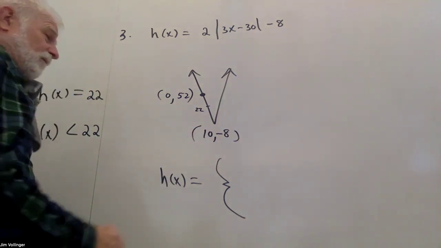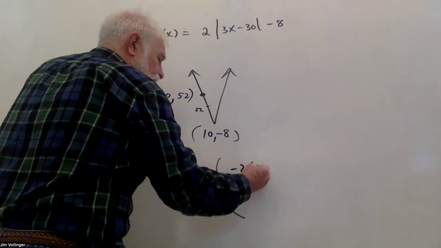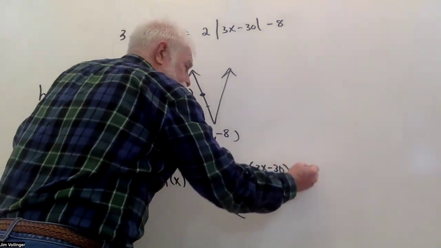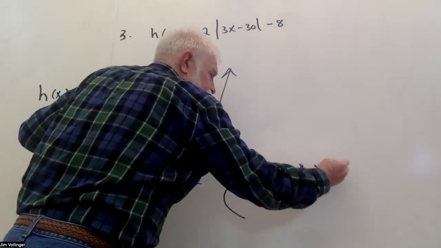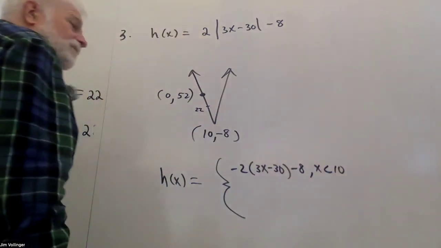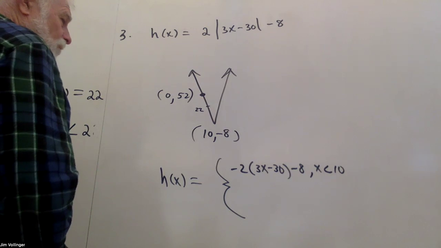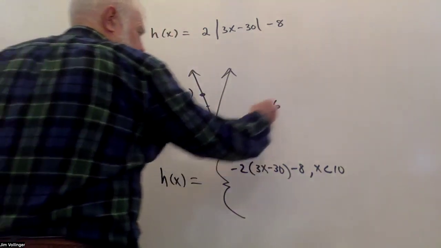Okay, so what am I decreasing? I'm decreasing at 2 times parentheses 3x minus 30, minus 8, for x less than 10. All right, so that's that function. And we can clean it up if we want. If we clean it up, we should get negative 6x minus 10